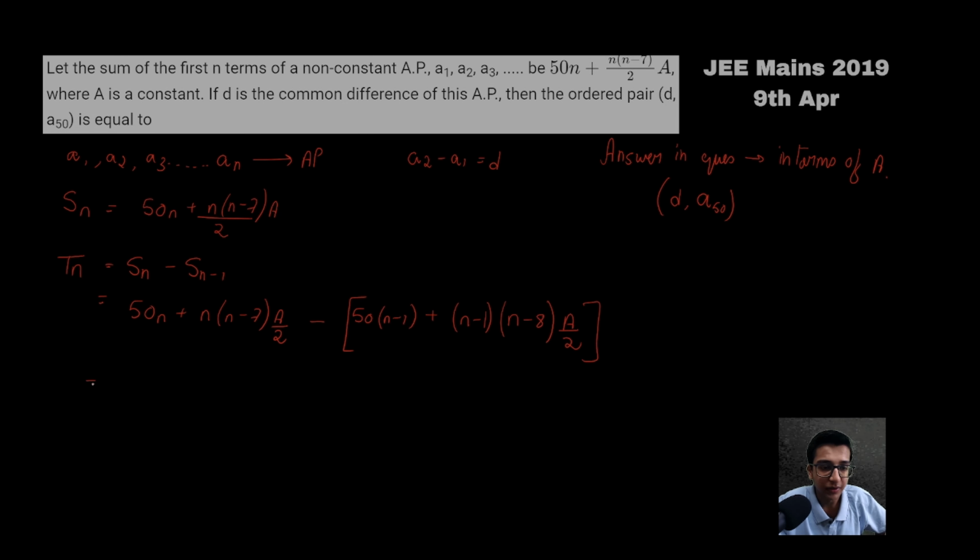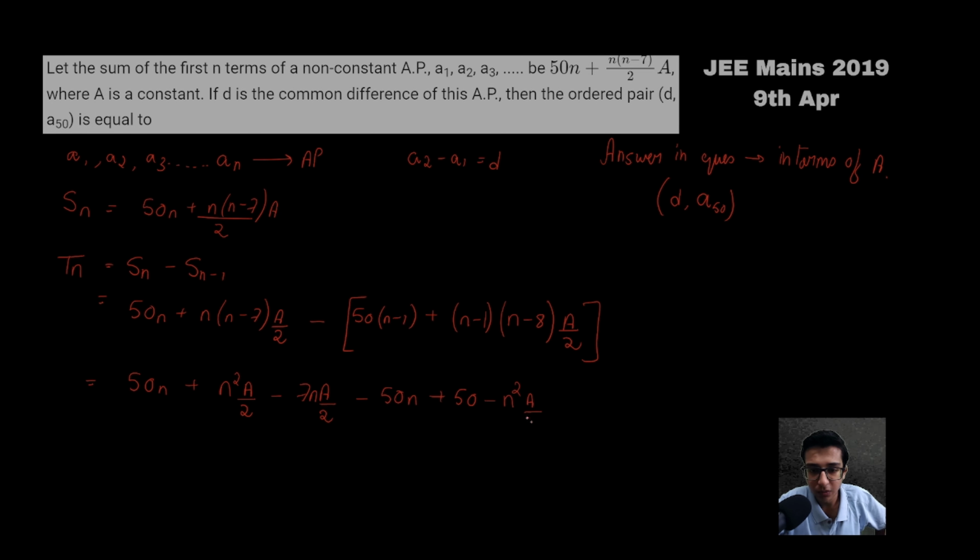Let's try to simplify this. 50n plus n square a by 2 minus 7n a by 2 minus 50n plus 50, plus, sorry, this would become minus